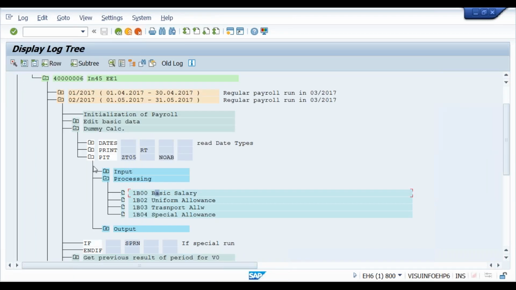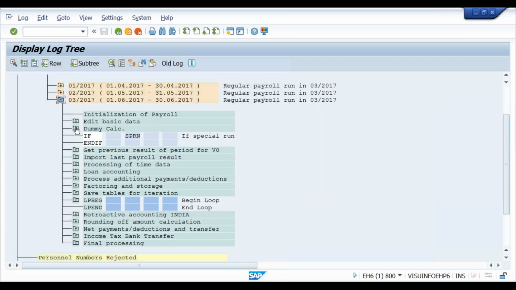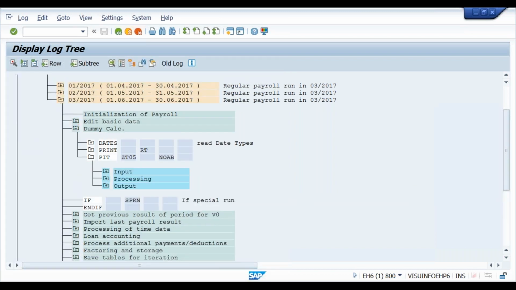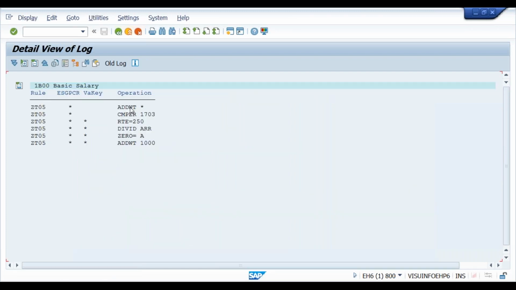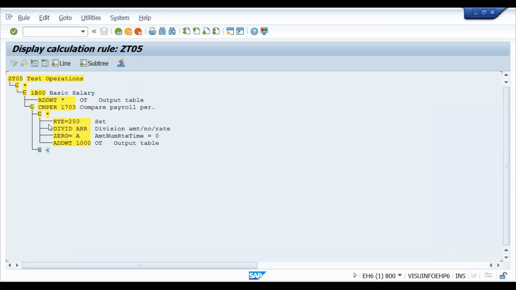So if you're running for the third period, you see it goes to start because it's equal to, right? So in a single line you can do it.